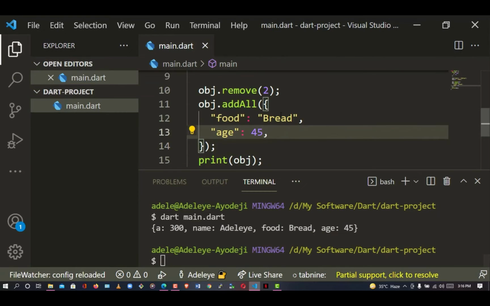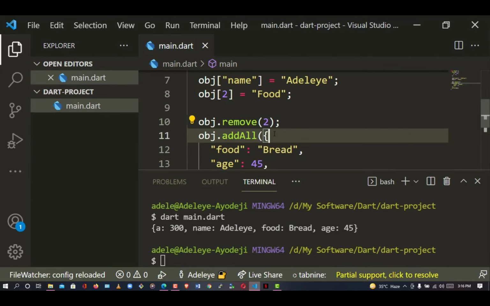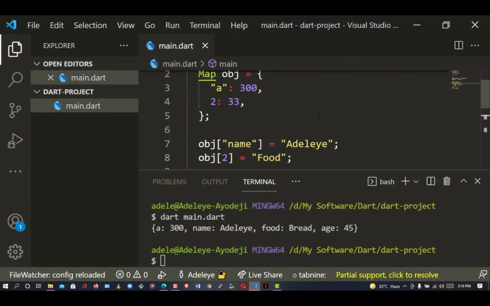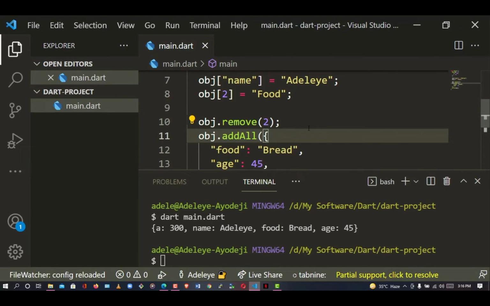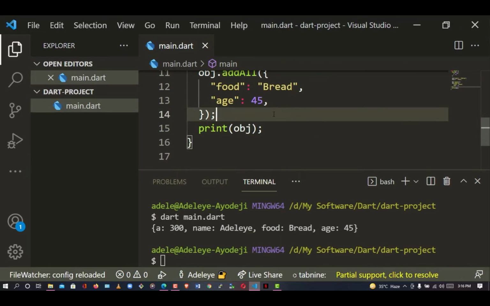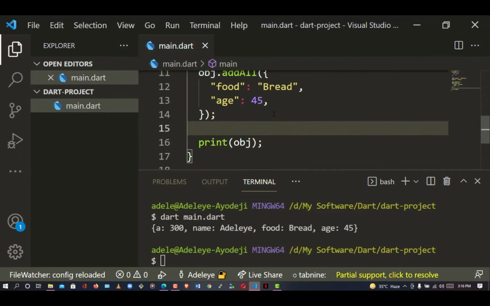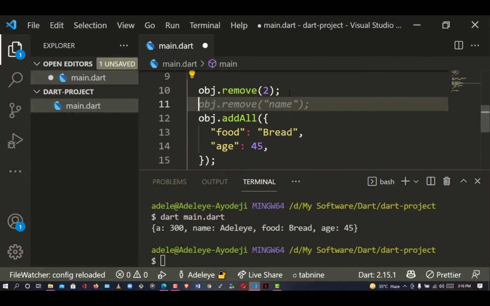Like, this is amazing. So the object handling is very, very cool, and the object remover is also cool. This is kind of amazing. I love this programming language now, and I hope you will find the best out of this Dart programming language